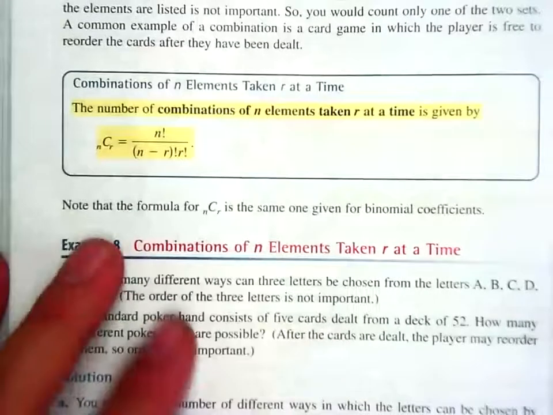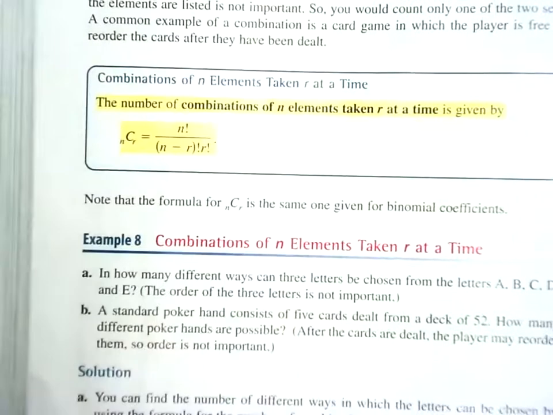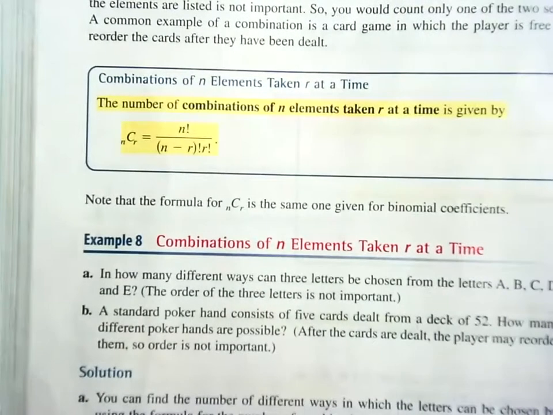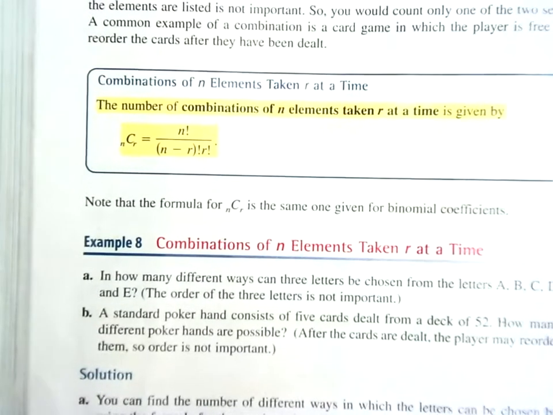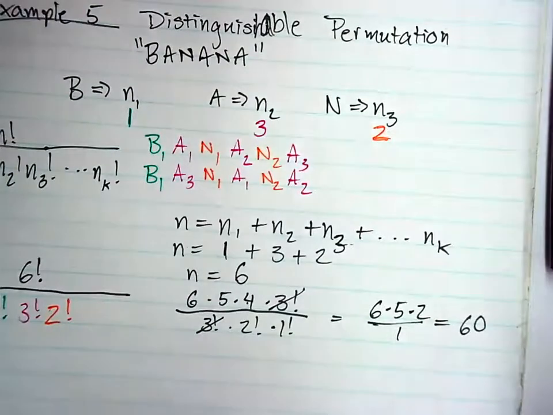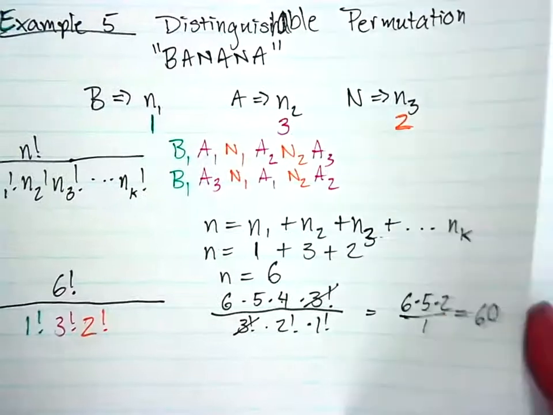So first things first, go ahead and copy down combinations of n elements taken r at a time. The number of combinations of n elements taken r at a time is given by nCr equals n factorial over (n minus r) factorial times r factorial. Right? And I did state a little bit earlier that combinations are different from permutations in the sense that combinations don't care about the order. So before I go into that, I'm going to make a note that combinations